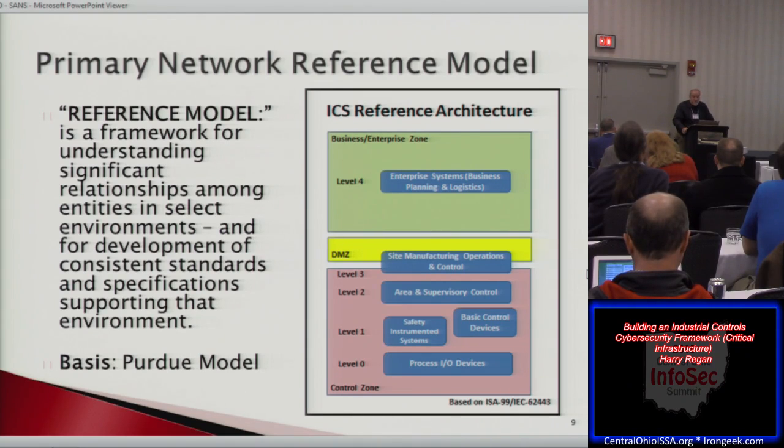And again, just because you're making cupcakes doesn't mean things can't explode. And then level 2, next level up is the area and supervisory control, taking it from the process level to the facility level. And you could have multiple facilities within a plant. And level 3 is really the site level,